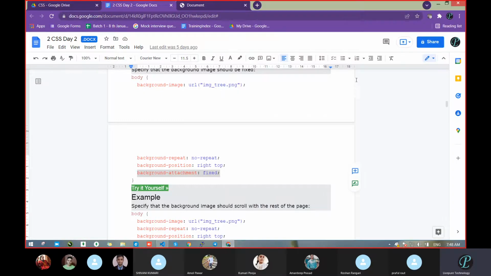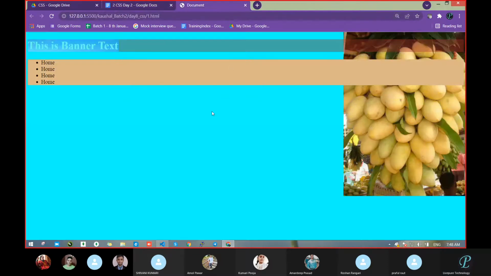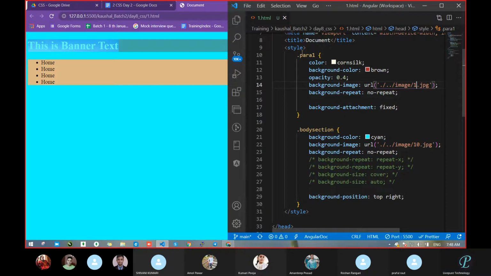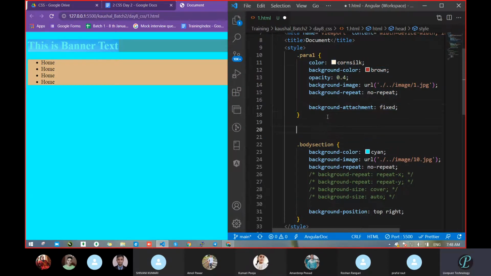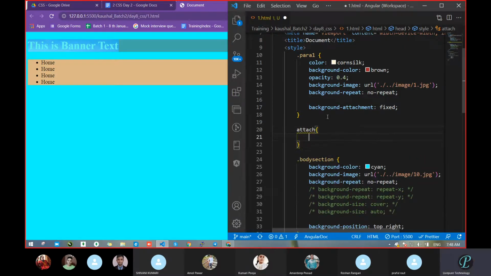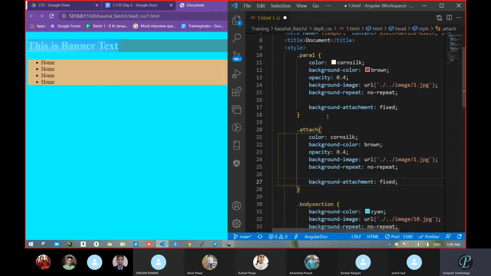Let's go with one. Where is that? Okay, that came in the paragraph section. See, there is no need to always first write the class and then write it here.